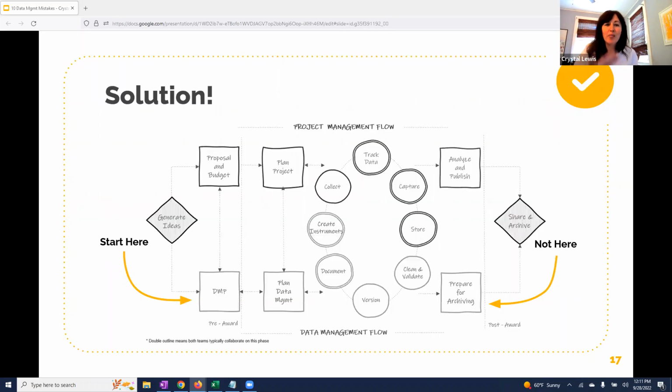So how do we prevent this mistake from happening? We start here at the beginning and not here at the end. And we manage our data at every phase in between. And if our project is longitudinal, our data management process will be cyclical. So we will repeat these steps in the middle, these data collection phase steps, every time we collect new data. This means cleaning our data every wave of data collection, not waiting until the end. It also means updating documentation every wave of data collection so we can keep track of any changes that were made.